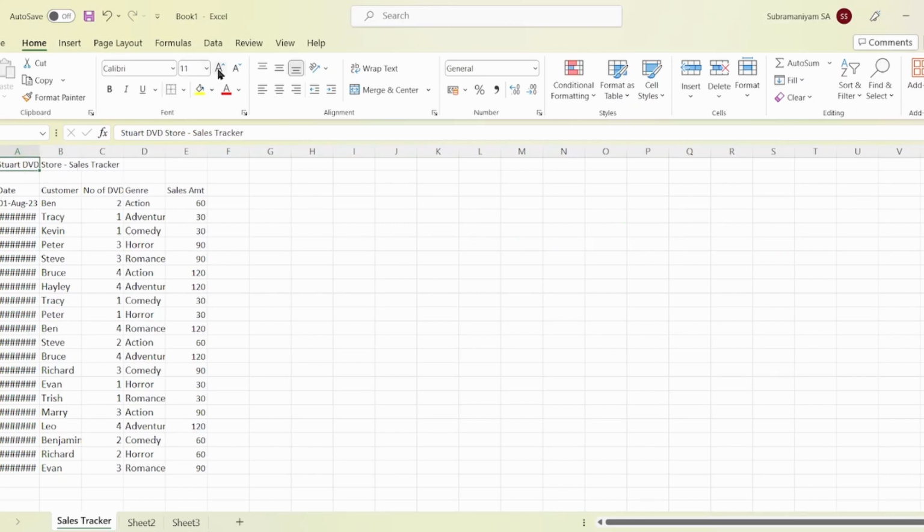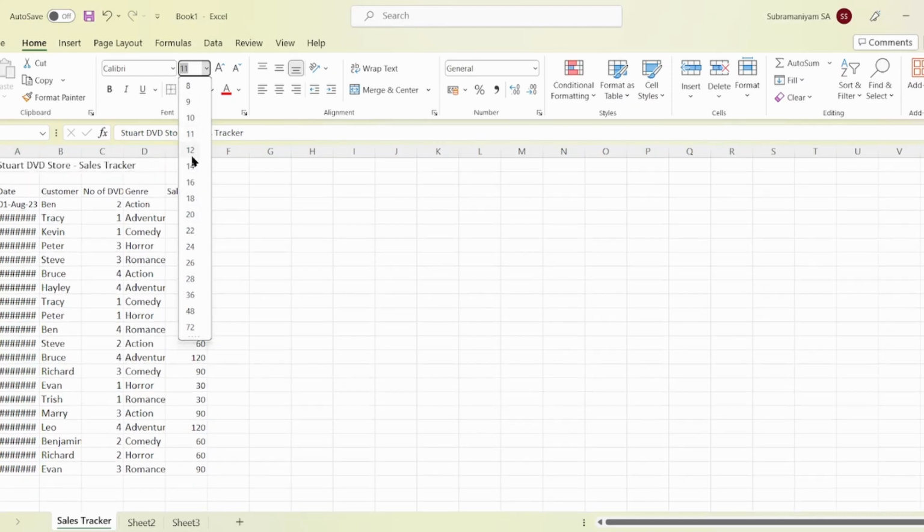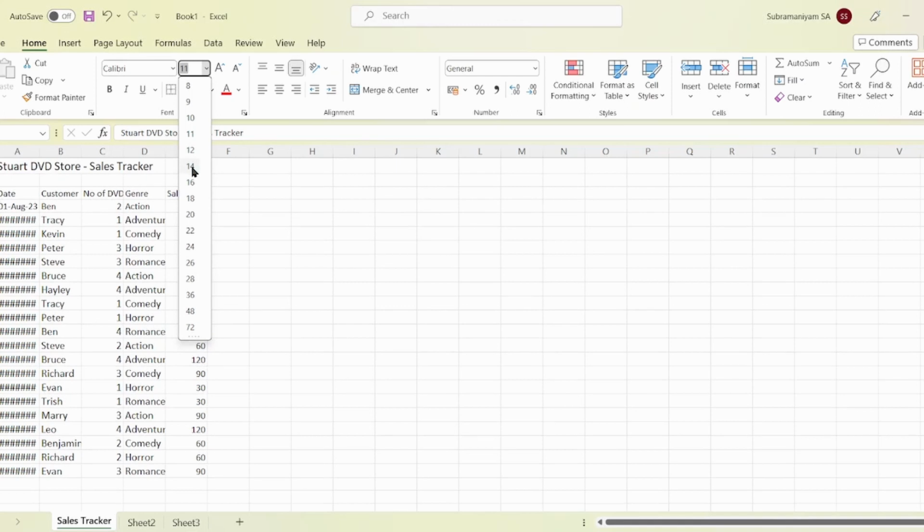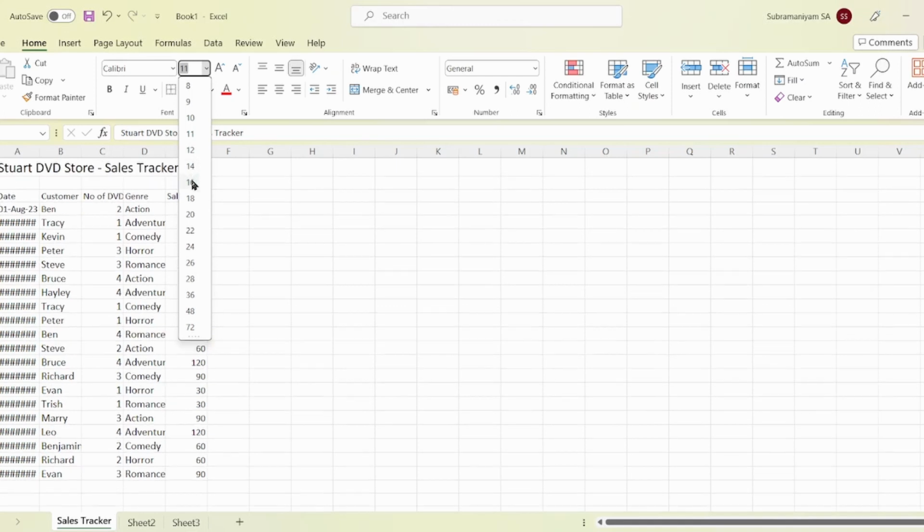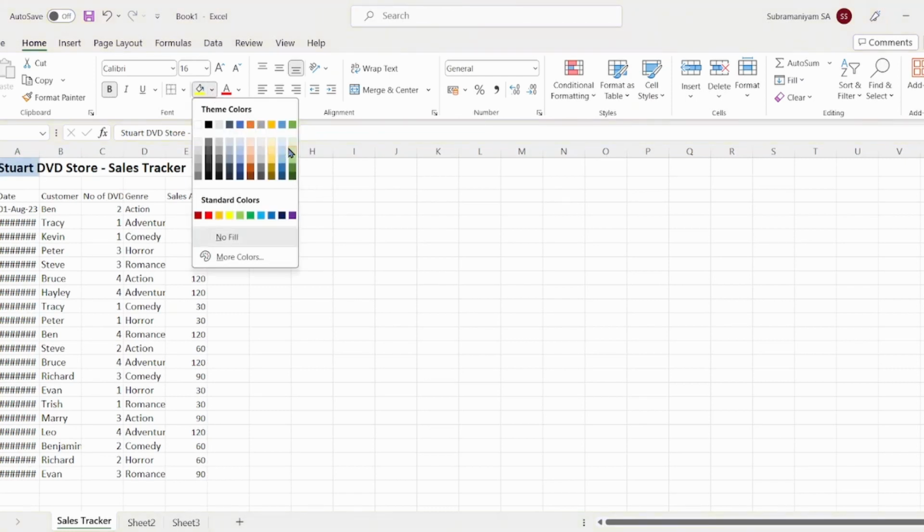First, we'll start with the font size by increasing it. You can increase it by clicking this button, or if you know a standard size that you want to select, you can select it from this. Excel actually gives you a preview of the background. When I hover my cursor, you can actually see the title gets changed. I'll select 16, okay, and I'll make the text bold to highlight it better. Then I'll just add a background color, let's say I'll add a color